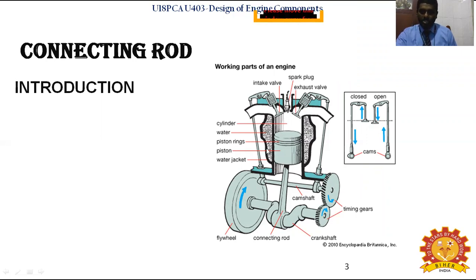Once the combustion is taking place, the piston is going to move from the top dead center to the bottom dead center. While it is moving, the connecting rod is connected with the piston and with the crankshaft. So it converts the reciprocating motion into a rotary motion. The connecting rod oscillates, so the reciprocating motion becomes oscillating, and finally a rotary motion is delivered to the crankshaft, so that you get a power output at the engine main shaft.